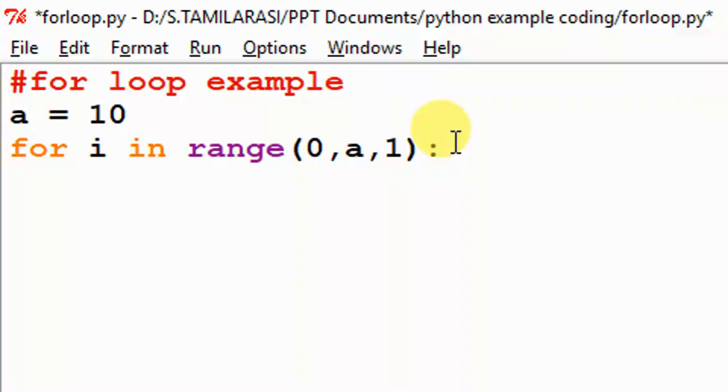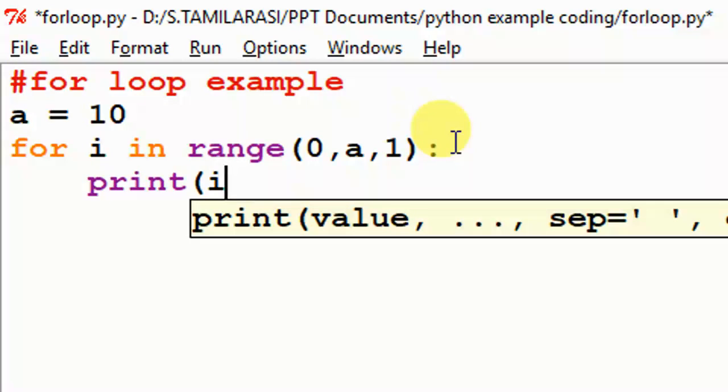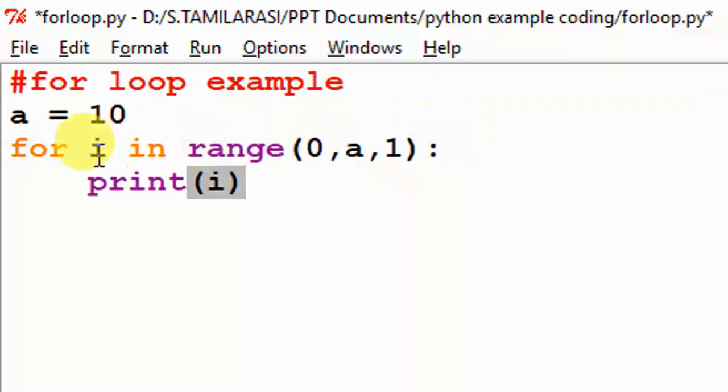At the end of the for statement we must use a colon. Next, print i. First the variable a is equal to 10 is printed. In the for loop statement, inside the range brackets, we give the initial value, the ending value, and the iterable step value.